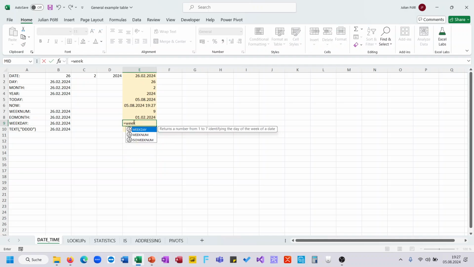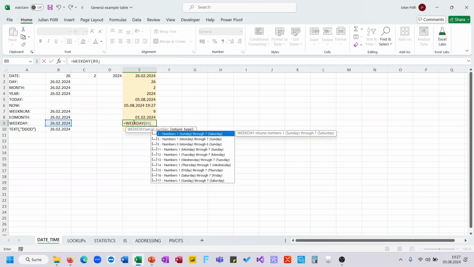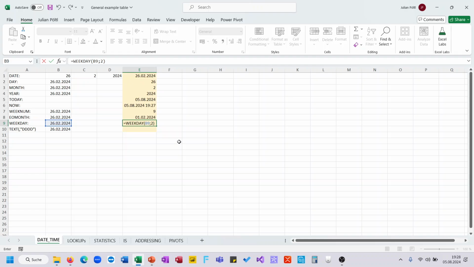WEEKDAY hands out the number, as I've told you, and you see here you have different settings for this. For example, if you want the week to start on a Monday, you could type in 2 here as the second argument, and you see there is 1 because it was a Monday, sorry. And this also changed when I